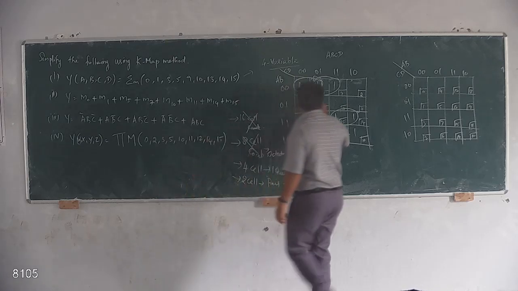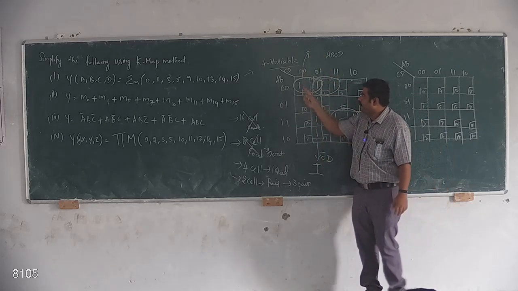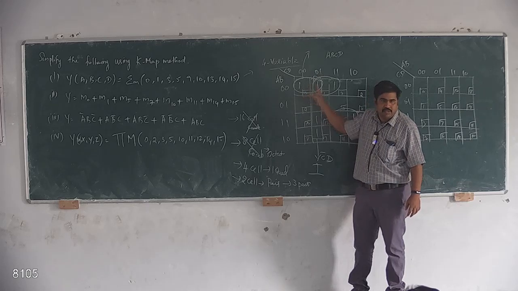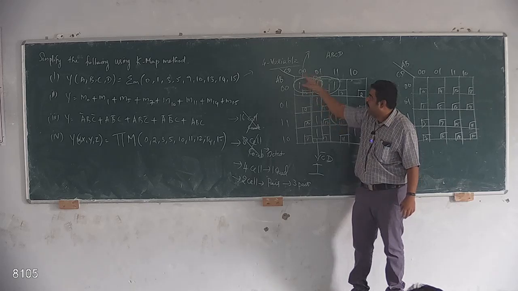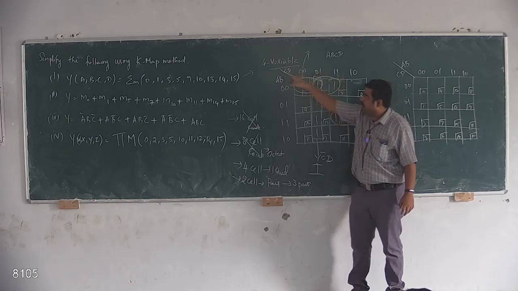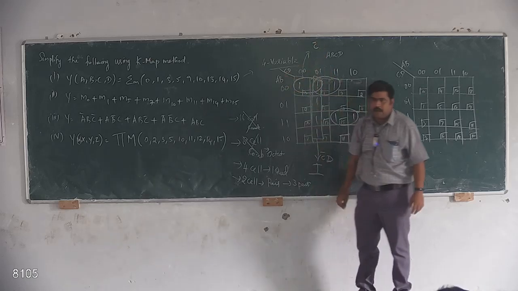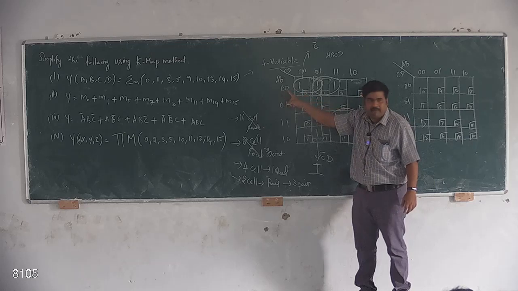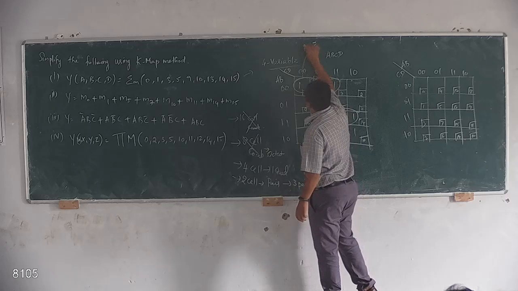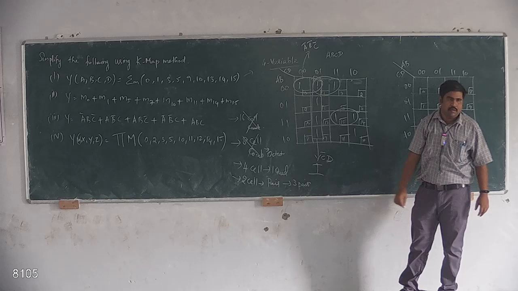So for the first pair, I am going to write this answer. Okay, listen carefully. This box and this box are common. Take the common variable outside. What is the common variable? 0 is the common variable. 0 is for C, so the value is C bar. Take the common variable outside. This is a common variable. AB is nothing but 0, 0. So this value will be A bar, B bar, C bar. Is it clear? Any doubt in this?